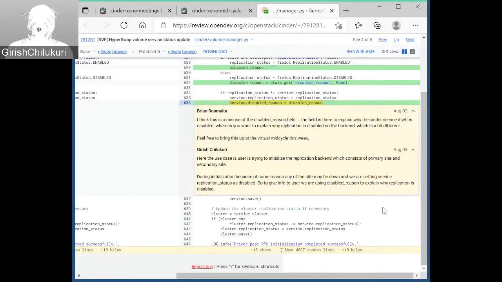Here, for the disabled reason, what we are showing is that in the backend we have nodes for each storage. For some reason, the nodes may go down. In that case, we're collecting the node information, and if that node belongs to site 1, we are populating a message: site 1 is down.